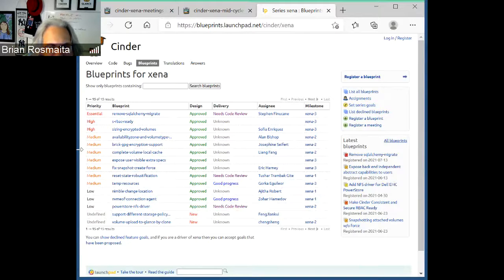The brick GPG encryption support. I don't think it's, well, yes, it's not going to make Xena. The state of the encryption thing, I think I mentioned this at some point, it was depending on a change in Barbican that's being held up.